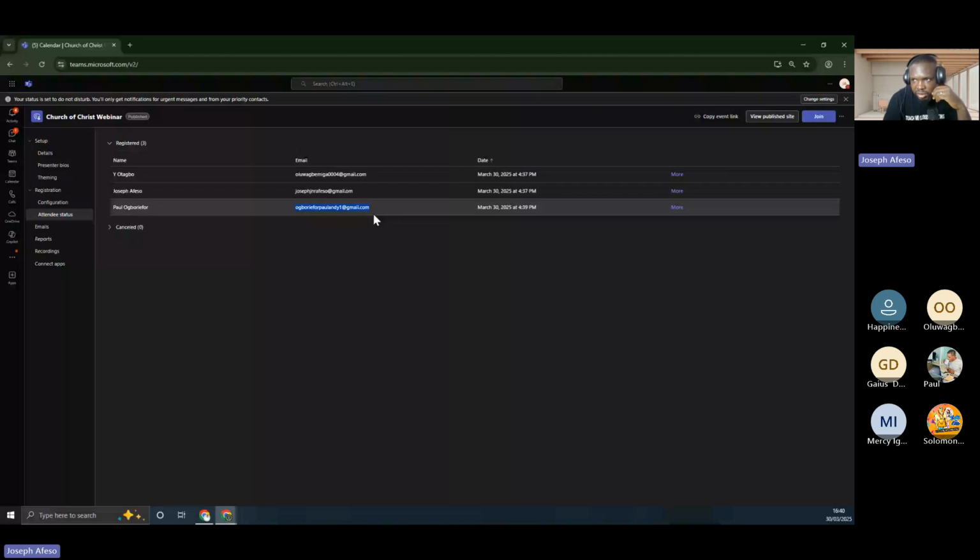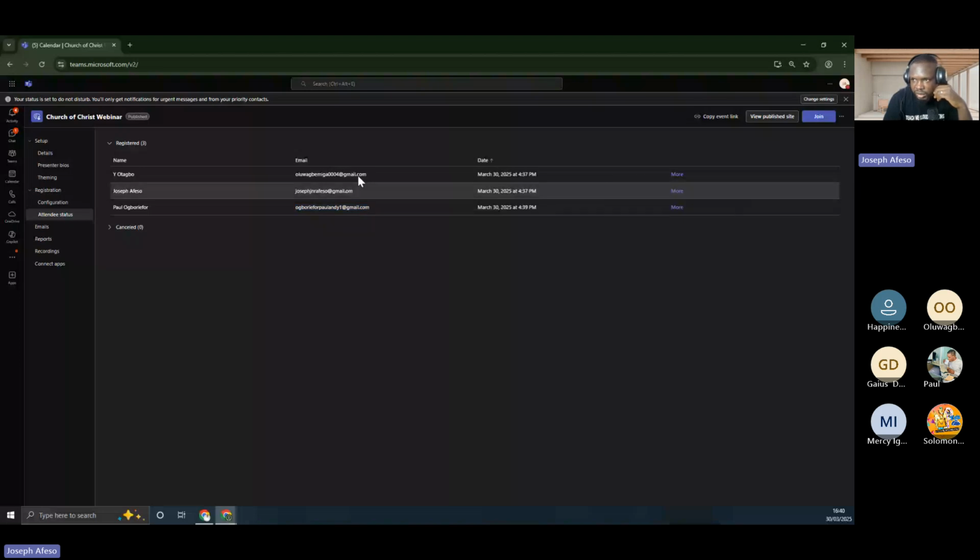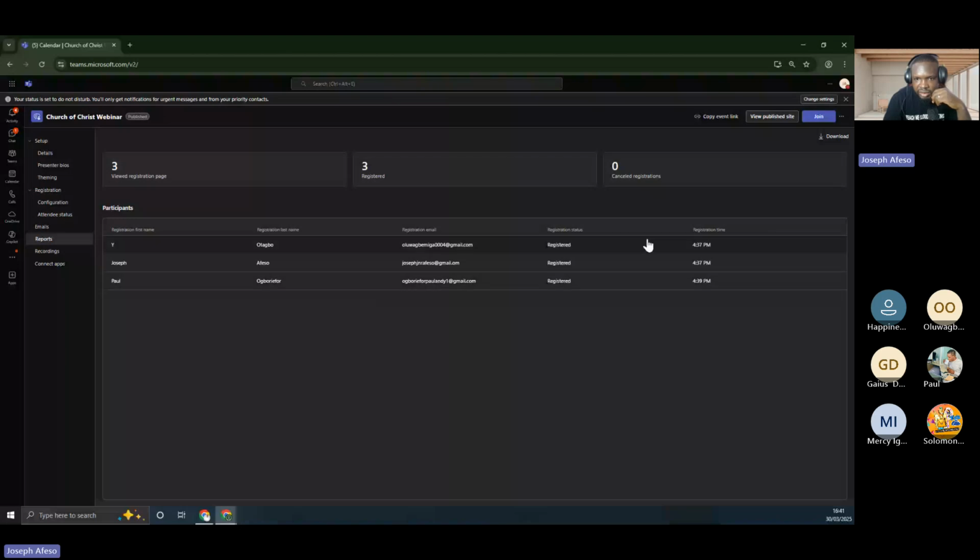So we have Paul also has registered, and then it is this. If they submitted other details, I can decide to look at them. These are the details they submitted. This person submitted industry is IT, financial services, and this is this. So when people check in, I'll read that when I see it. So if people have cancelled the registration, I'll also see the list here. To see the comprehensive reports, I will always see them listed for me here in terms of their name, their registration number, and the time at which they registered. Three registered, zero cancelled. So that's basically how it works.